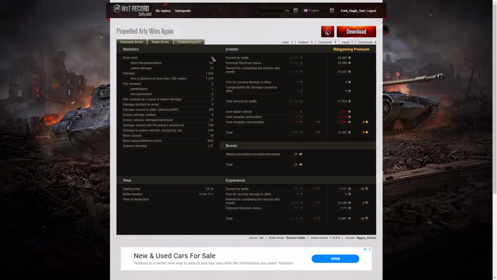Getting back to detail: 16 shots fired, 3 direct hits, no penetration, 12 splash, damage of 1,636 hit points, of which 1,379 were from more than 300 meters. So you can see I did get some close range shots, and specifically that was the shot that hit the Yak Panther. And when it came to credits, I earned 32,407 because I got the mission completion, the holiday ops, and a personal reserve as well. I got 25 bonds for completing a mission, and I also got a reward for completing the mission of 10,548 XP. So my total was 12,891